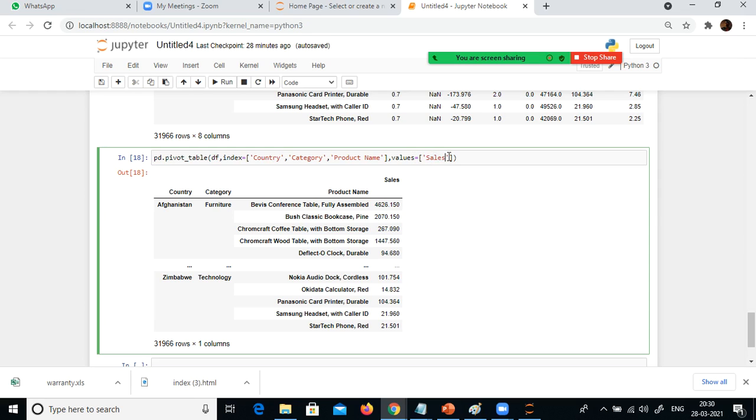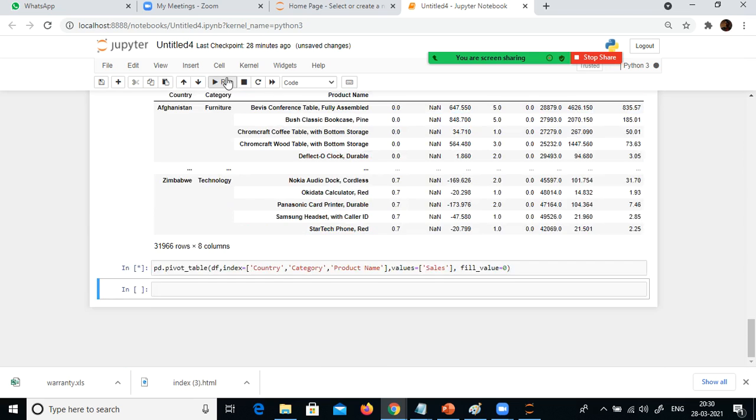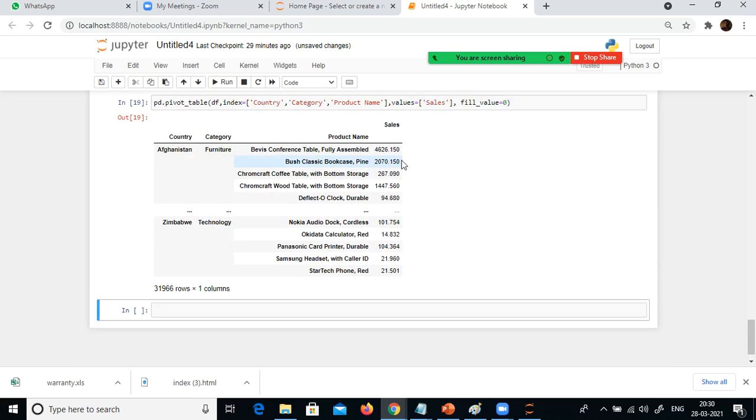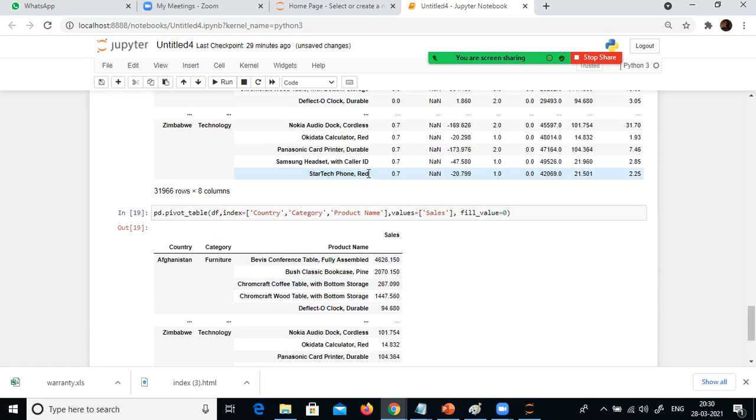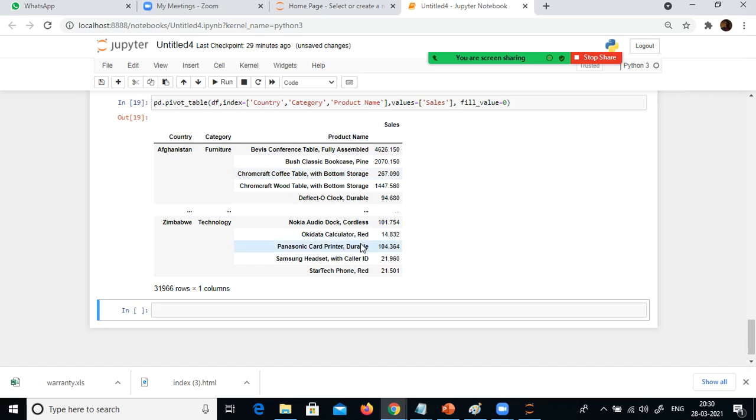Supposing if you find 0 here, or any missing or blank value, you can replace it by 0 so that you will get a lot of records. But in our case, we don't have any 0 or blank records here, but dot means it displays only a few records.